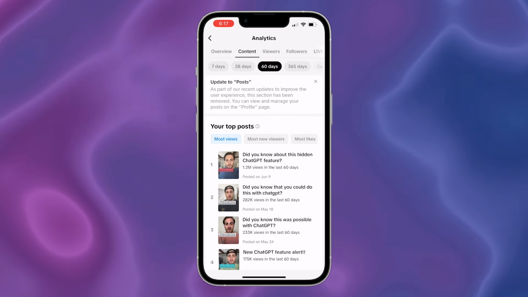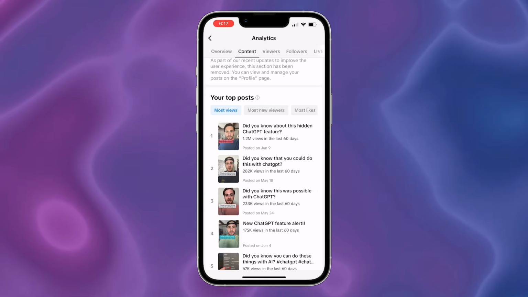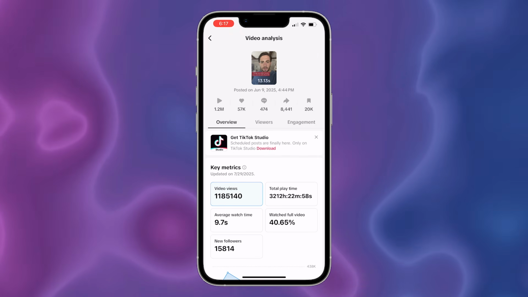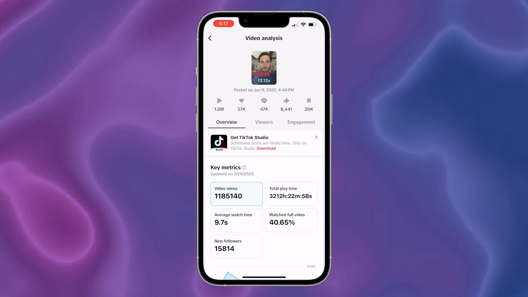In addition to that, if we come up into content, you are going to see your top posts. You don't want to see most views. You want to look at most new viewers. You want to click on these and see what time they were posted. This is going to reveal to you exactly when you should be posting and exactly when new people are finding your content,